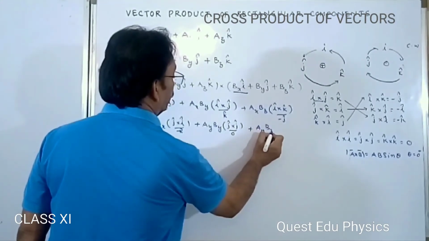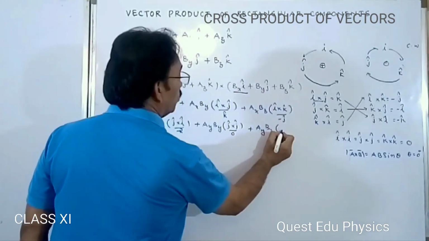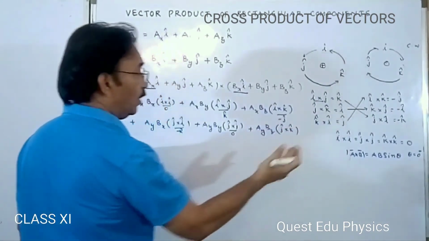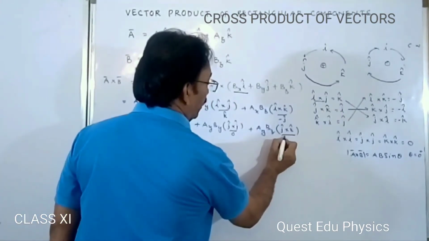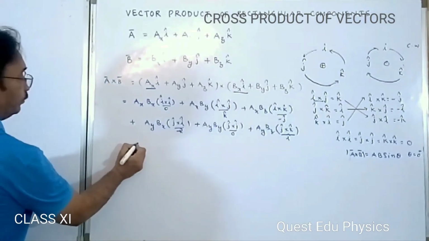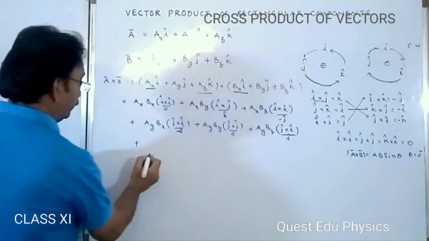AY BZ into J cap cross K cap. See, what is J cap cross K cap? It is I cap. And we have to go with the third term, that is we are taking AZ